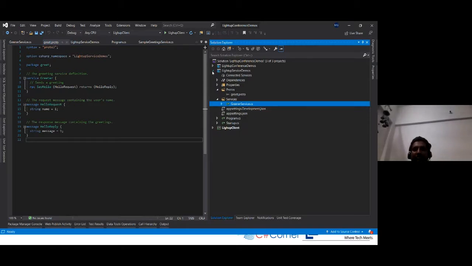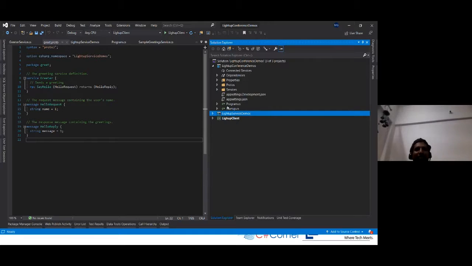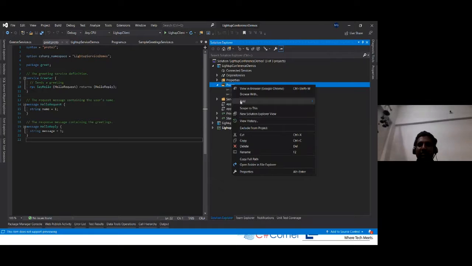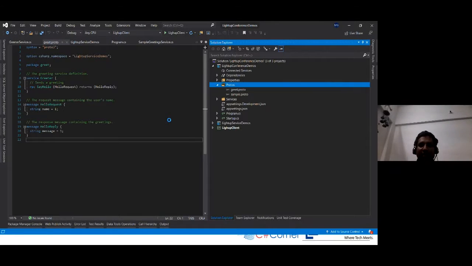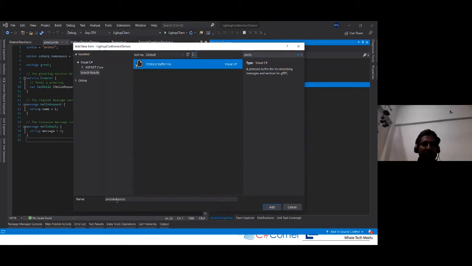Okay, so what we'll do is add one new service, and we'll see how we can consume it at the client's end. I have one demo already created, so we'll use that project to continue in this demo. To add the proto file, just use the add new item option, click here, proto file, and let's say it is hello world.